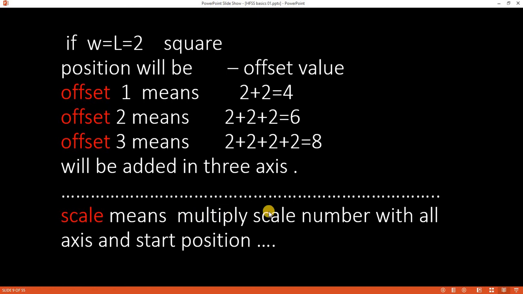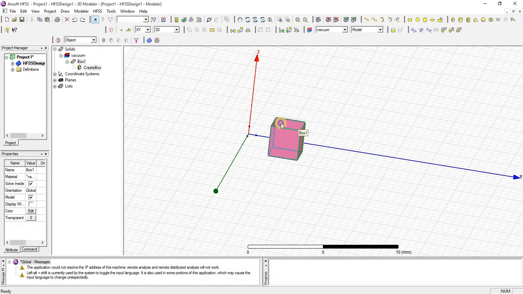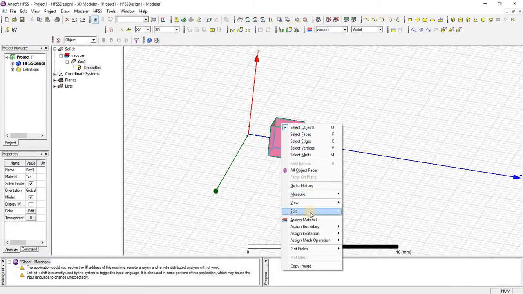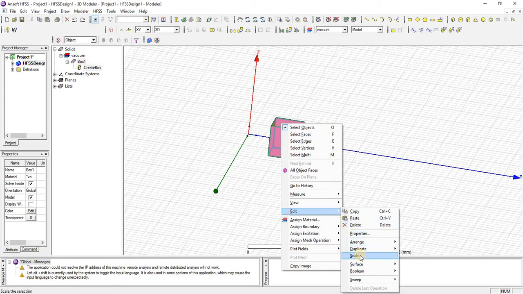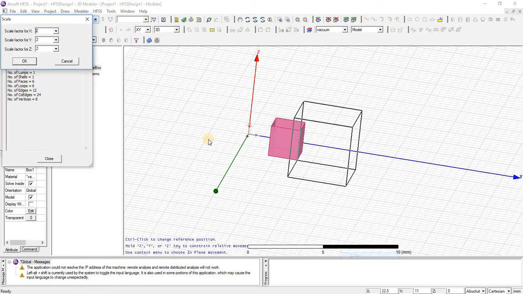The scale command basically multiplies whatever scale number we choose with all axis values and also with the starting position. That will be a multiplying factor. Right click and there is a scale command. Click on this.